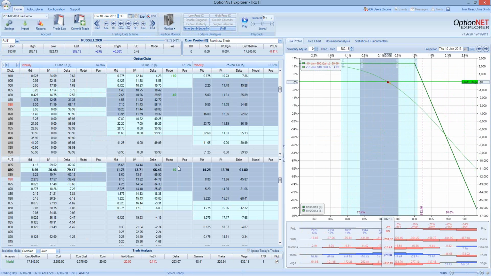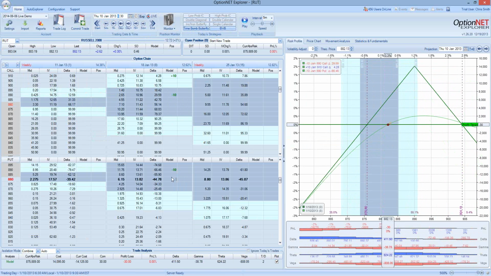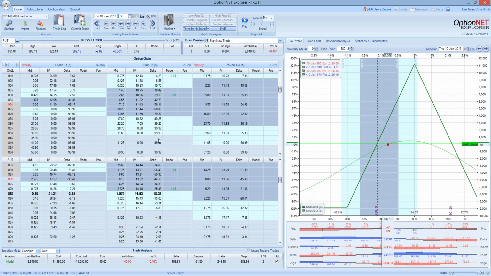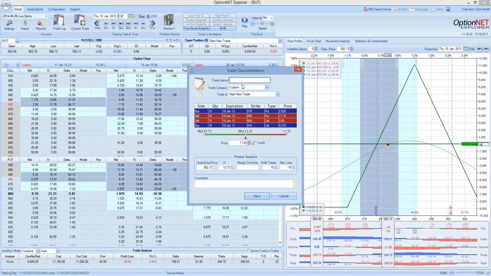One of the things I like is when I click on this column, it highlights it, because sometimes, maybe my eyes are getting old, it's hard to tell which row I'm on when I start entering these things. So that's the trade right there. We're just going to go ahead and commit it. We'll give it a name. We'll call it a time bomb butterfly on the rut, and we can assign a category as a butterfly,